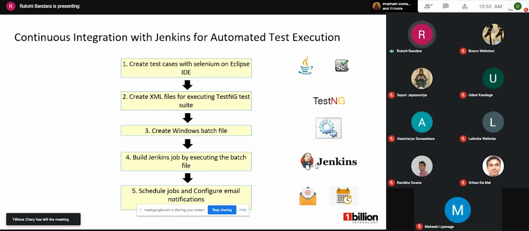Jenkins does not work that way. What Jenkins is going to do is, when you have the files, it's going to execute those files with the help of the command prompt. That's why you have to create an XML file which is executable. If you want to create an XML file which is executable, then you have to create a Windows batch file. So that's our third step.